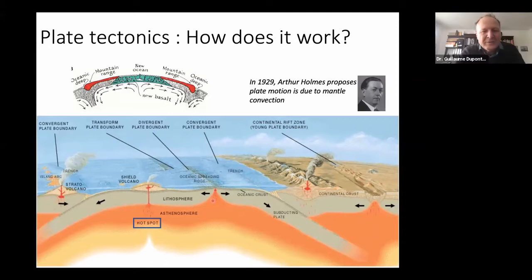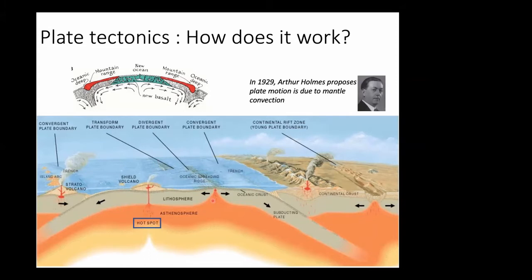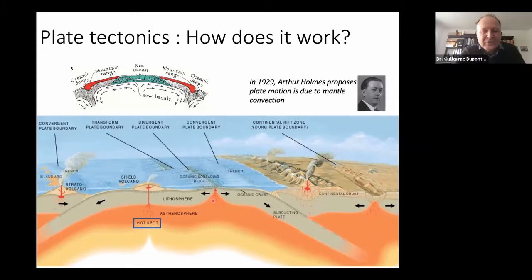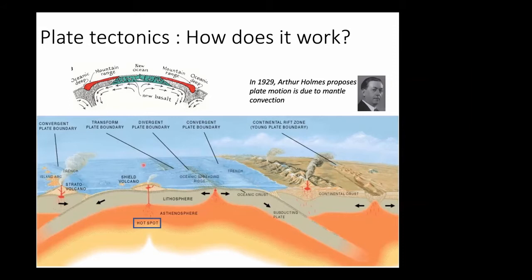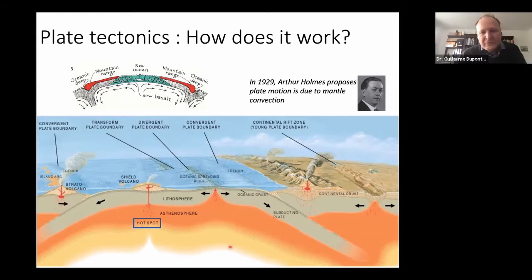So why are they spreading? Do you know? Anybody knows? Due to the ridge push effect? So that's one of the hypotheses, the ridge push. Actually, we don't really know. It's either ridge push or slab pull. So we don't know if it's actually pushing here or if it's the slab that is getting so heavy that it's pulling the plate. Okay, but in more general terms, you can see above, it was already formulated in 1929. So in more general terms, what is the driver of plate tectonics?